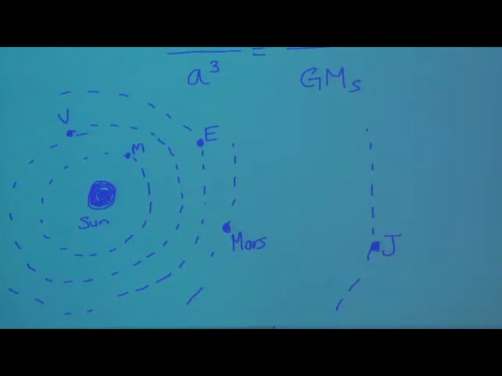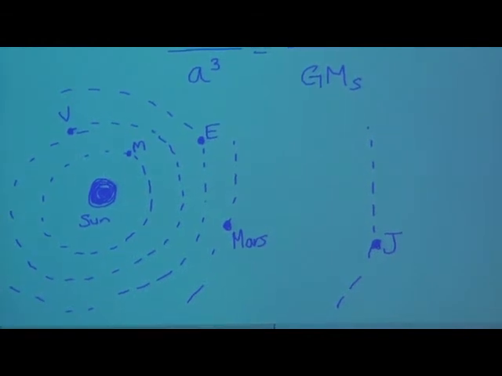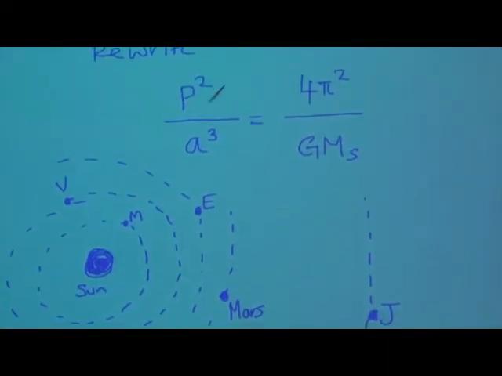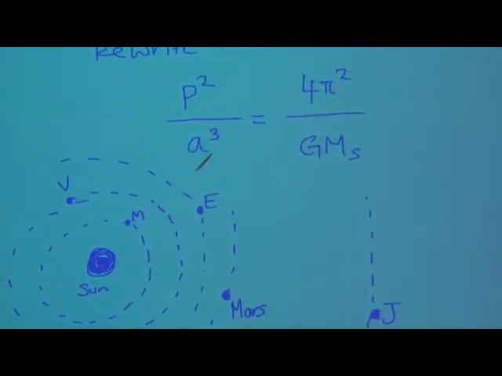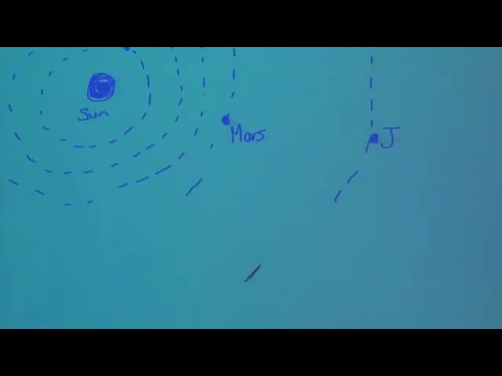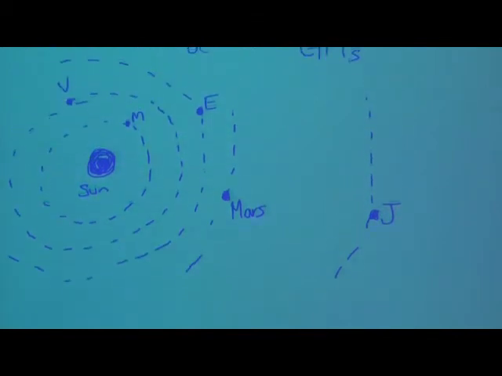Now, for any planet in our solar system, its period of one revolution around the Sun squared divided by its semi-major axis cubed has to be the same, because what you have here on the right-hand side is a constant for our solar system. Now, this is something you can verify. Please do it. Find those numbers and show yourself that